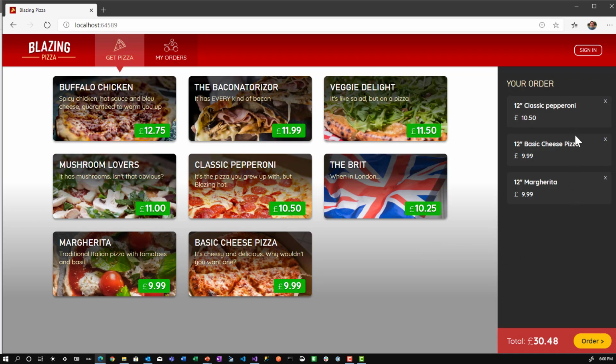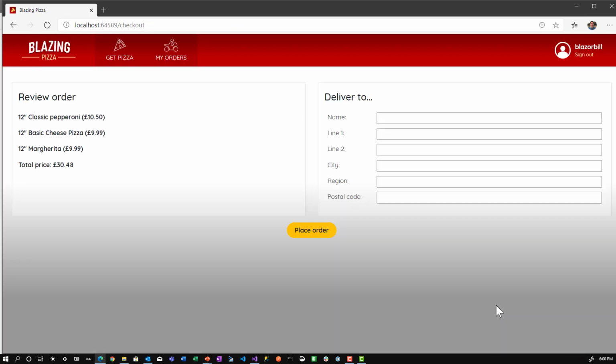And that is the three pizzas that we want, and when we click on the order button, it takes us to an order page. And what you saw there was it was just going off and validating Twitter. I had already logged in previously. If you notice here, Blazor Bill. So here's the review order. I can enter the details of the order and place order. And I really just want to show you the one big feature, which is bringing the order details from the prior page to this page. So let's exit out of the application